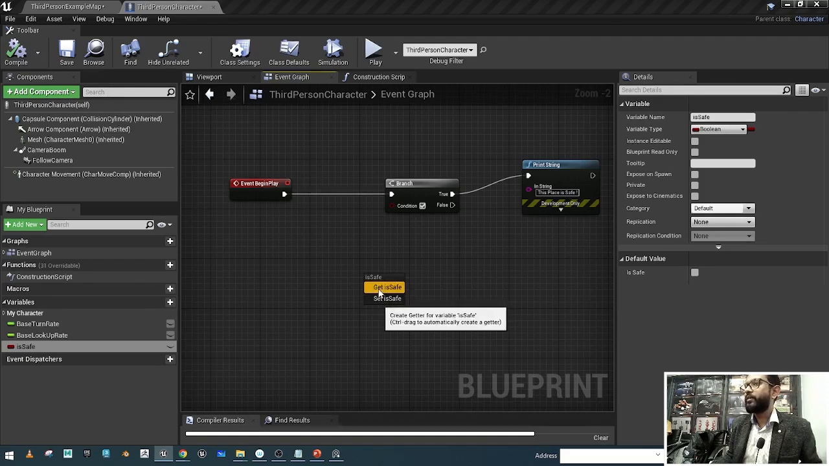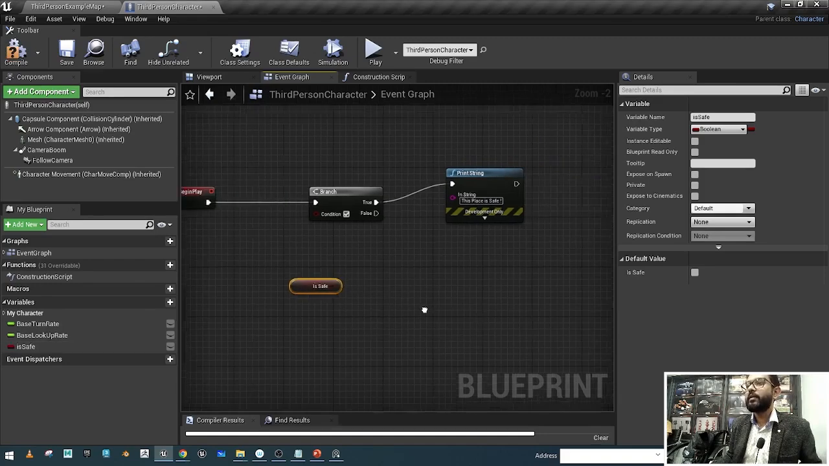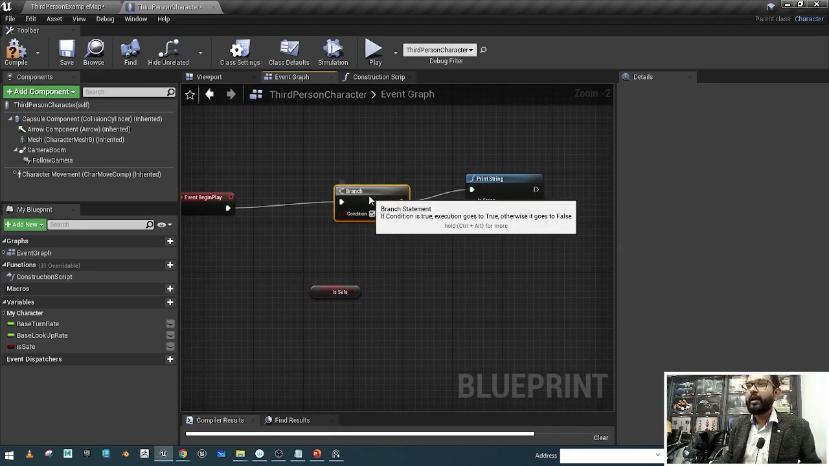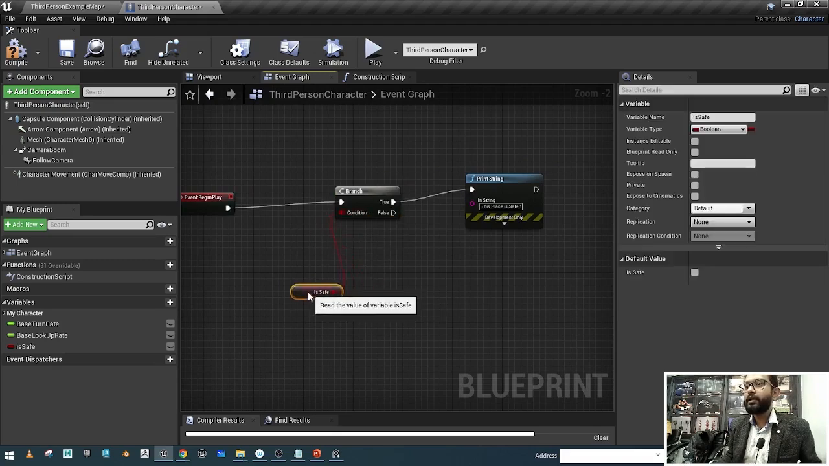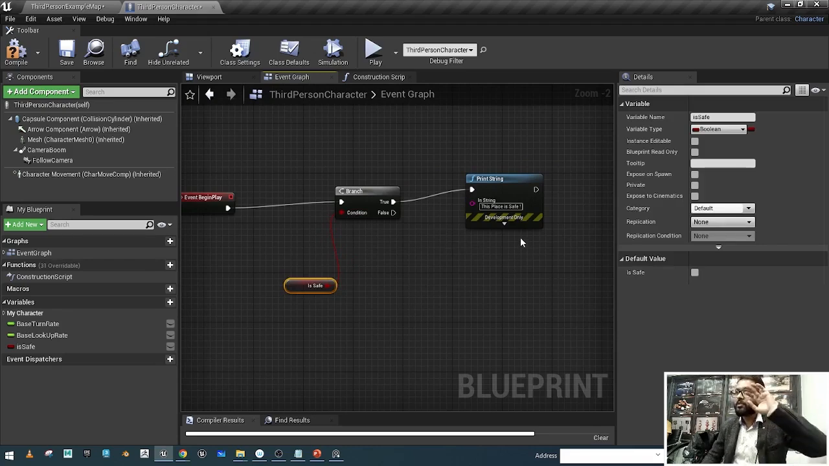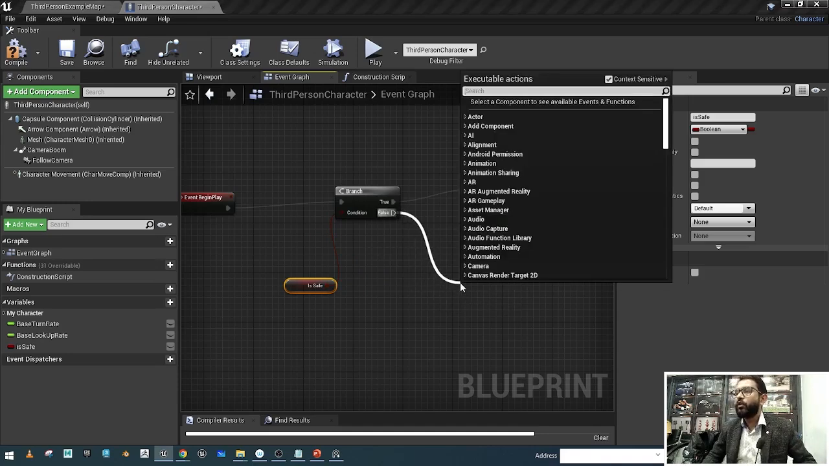So there are two different things, get and set. We need to get this. Now I am going to plug this information into the condition. So this is the condition, is safe or not. Now I am going to print another message, which is this place is not safe. For that again I will go here. You can just click here and drag with the left click. So automatically you will see